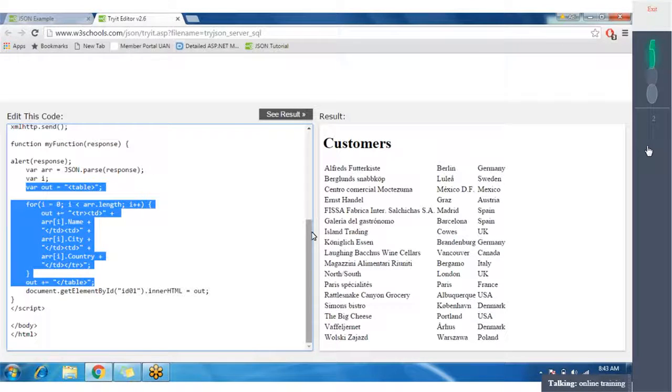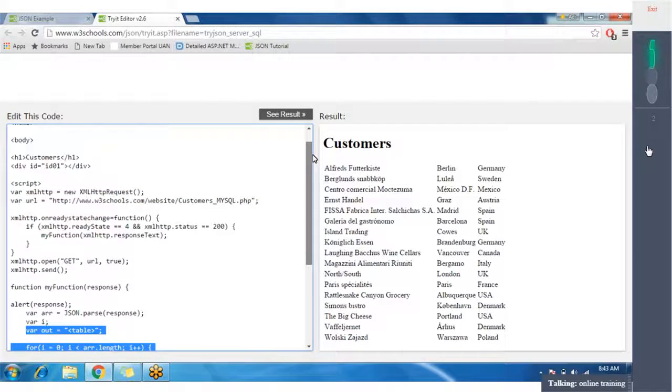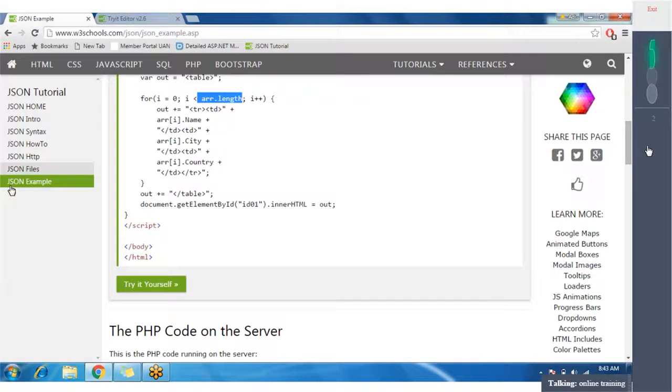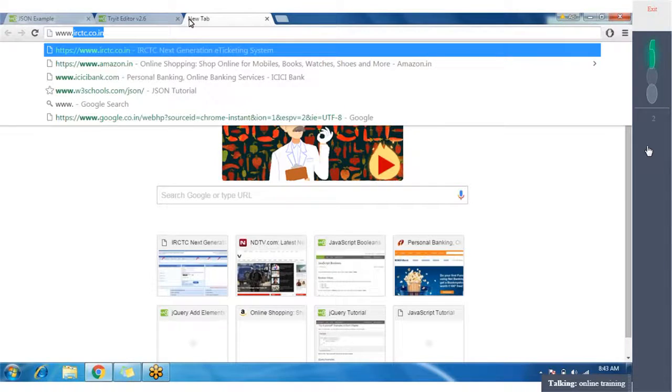But if you talk about the jQuery wrapper method, this is very simple. You need not write all this code. If you remember, you only have to write $.get, right? And then you pass the URL, then you pass the data, and it will return you the response. In a single line, you can do that. If you don't remember, let me show you. www.json jQuery.